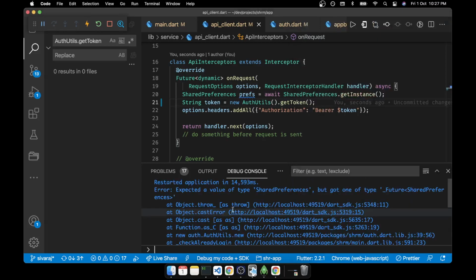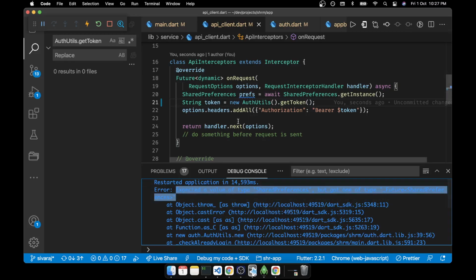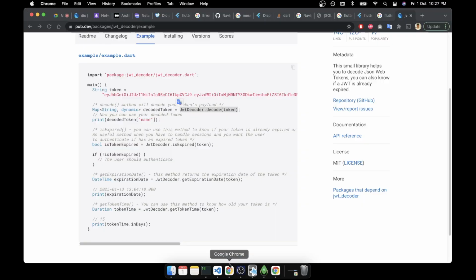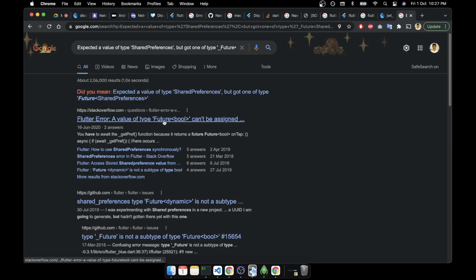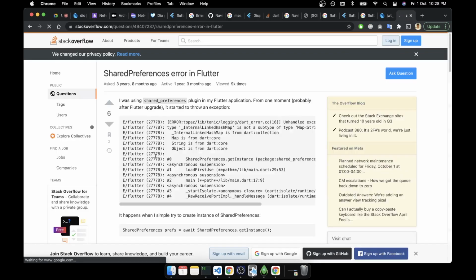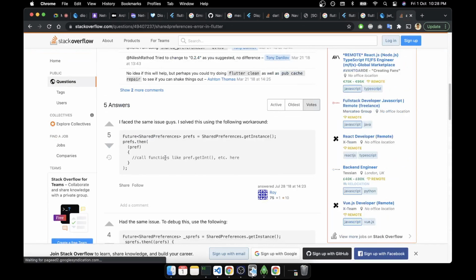Okay, some problem is there. Expected a value of SharedPreferences, but got the Future. Okay, so we have to use then, or we have to use async await.